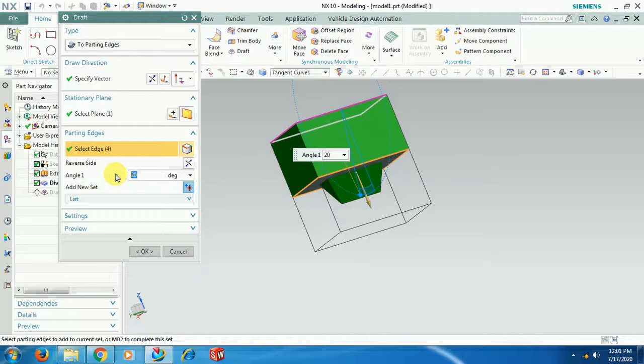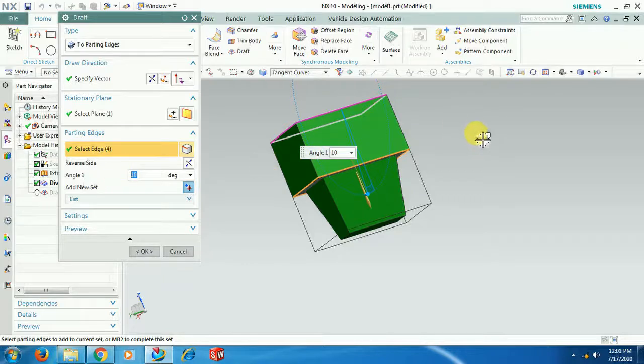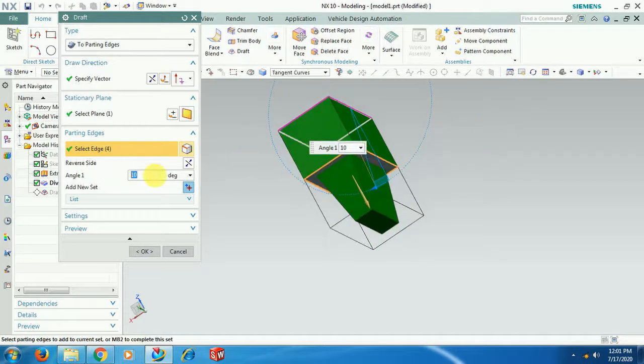See here, 10. See here, yes, see, 10 degrees like this. 20, it still goes inside because the faces intersect. 30 only.